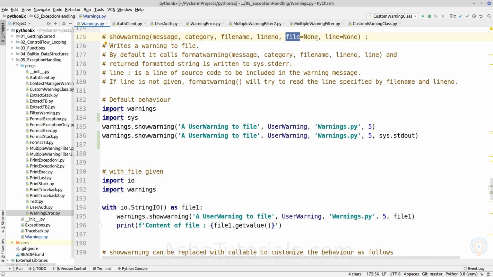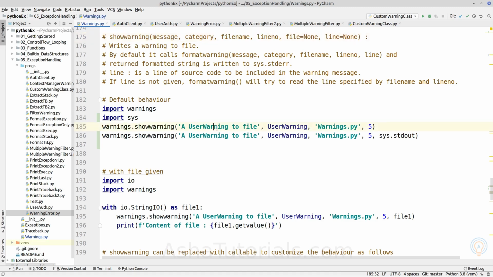But if it is given as a file like object or any output stream, it will print the given warning message to that particular stream or the file object. All the remaining parameters are the same. For line, if line is given explicitly, it will print that line of code. Otherwise, it will extract the line of code from the file name and the line number.